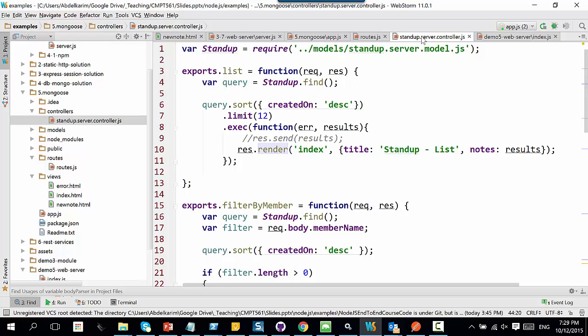The ID is auto-generated, so I don't need to care about it too much. The name of basically the note is about whom, and about which project. So we have the, let's say, member name, project name, yesterday, today, and the impediments, like the obstacles that the member is facing. So these pieces of information. So what I do, I create a model, and then my application will start using this model to interact with